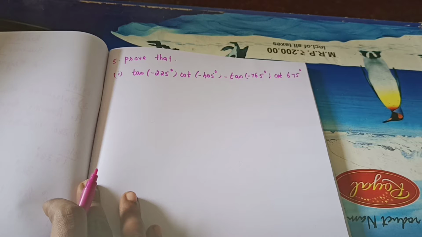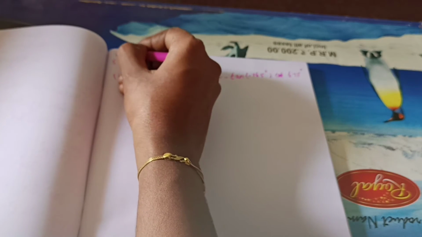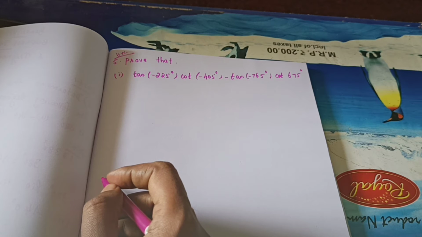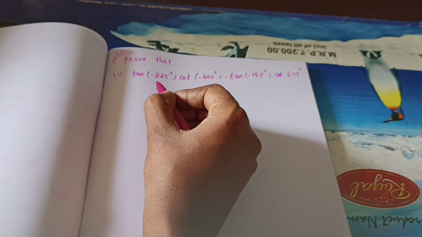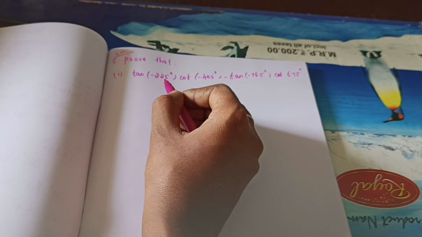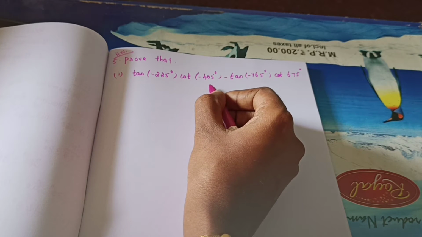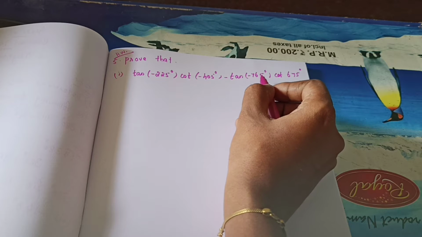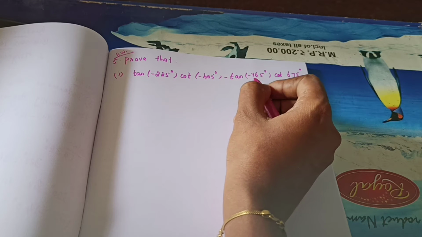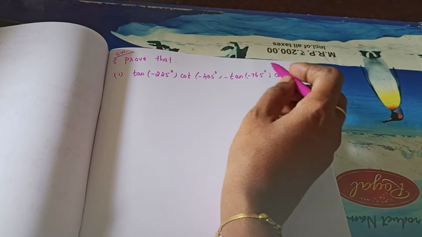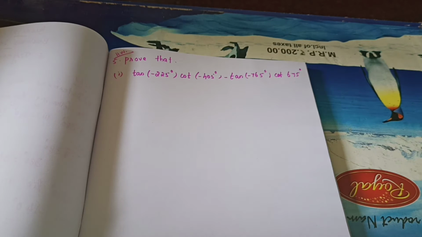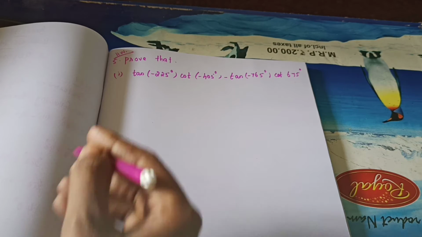I will just explain this problem, and you need to do it. This one is homework. How will we do it? Tan 225, you can split as 180 plus theta, like that. Here 360 plus theta, this one 720 plus theta, otherwise next to 360 you can split it and do. This one also you can split, same as that example. One example problem we completed in the last day's class, same as that you need to do. At last, when you simplify, you will get the answer as 0. This is homework. Fifth problem, first Roman numeral, it's homework. Understand? The second Roman numeral we will do now.